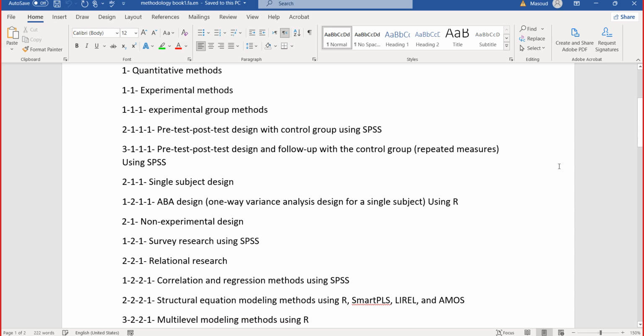For example, in the field of statistics, they just prefer to say survey design.